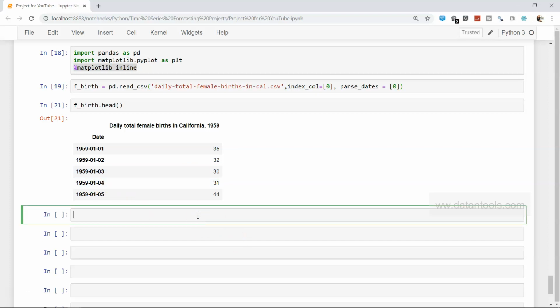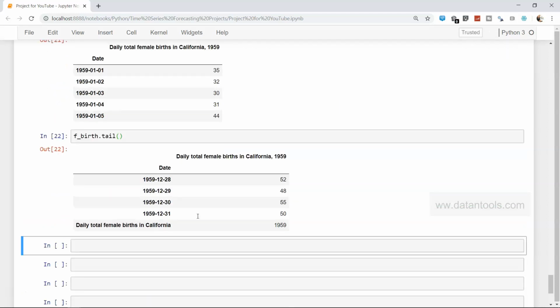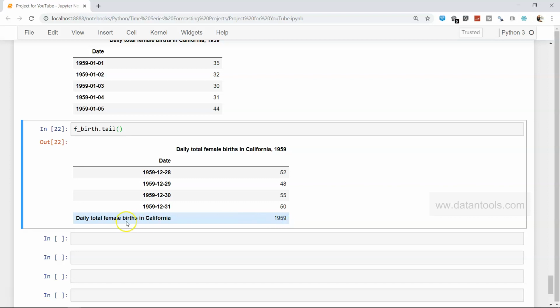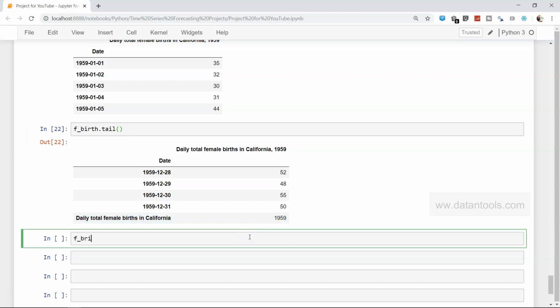All right. One issue we saw earlier with this data, if I say tail, is having this line in your data set, which is nothing but indicating that this is a file name and this is the year. We have to remove this because this can create problems, and to do that, birth equals f_birth from 0 to 365. So if you see,